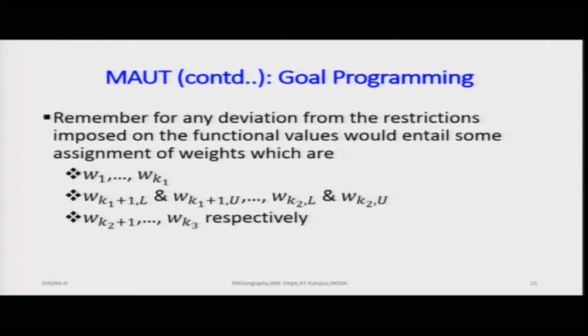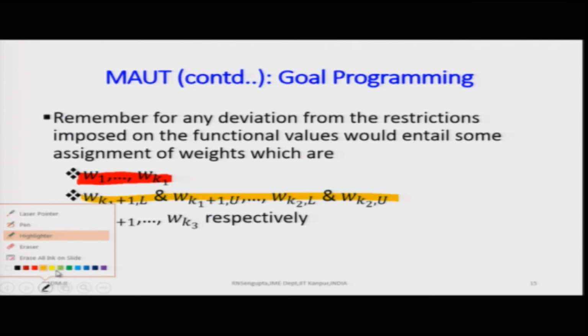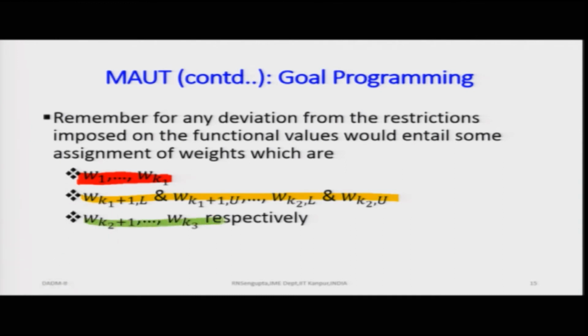For the set which is in between, you will basically put an upper bound and a lower bound, because as you are putting an upper bound and a lower bound for the B's, similarly you will put an upper bound and a lower bound for the W's also for the second set. And for the third set, there would basically be some W's based on which you will put the lower bound. So, what I am trying to do is, these are the bounds for greater than, these are the bounds for in between upper and lower values, and these are the bounds for the less than type.